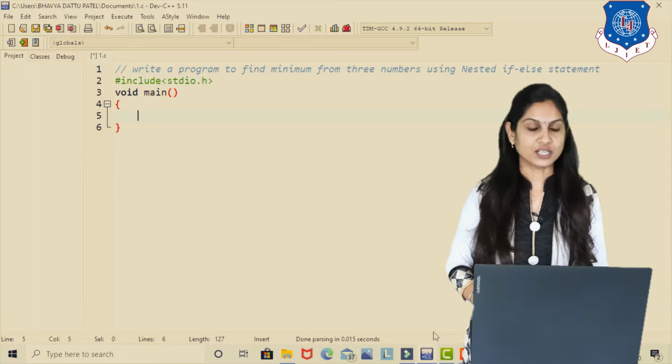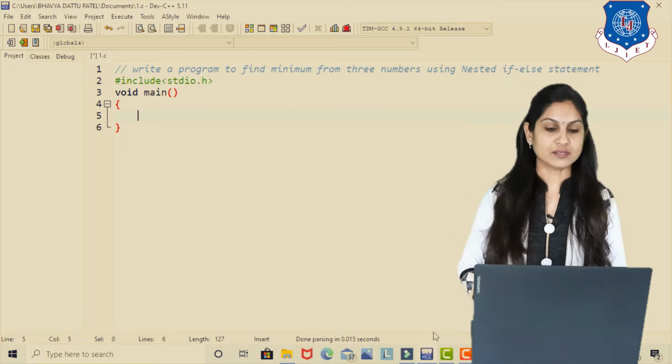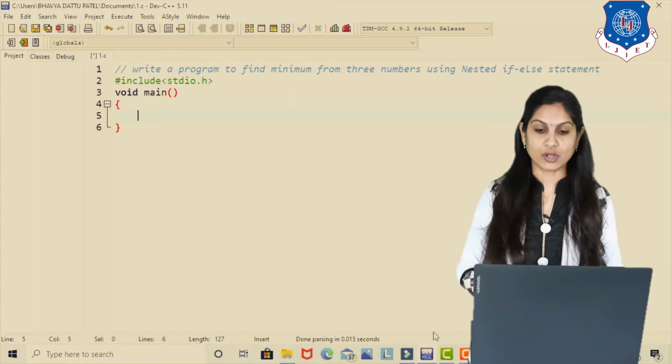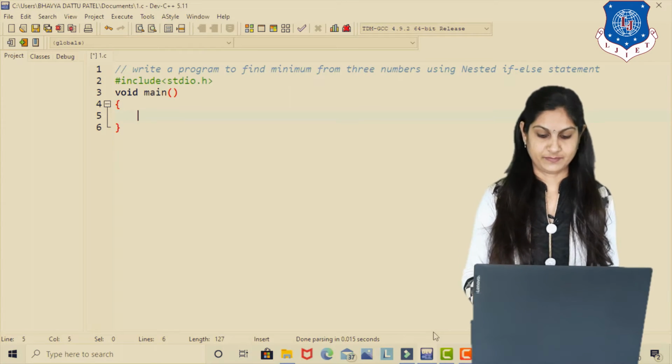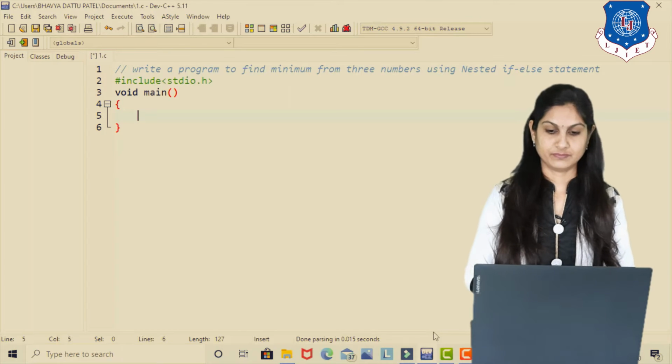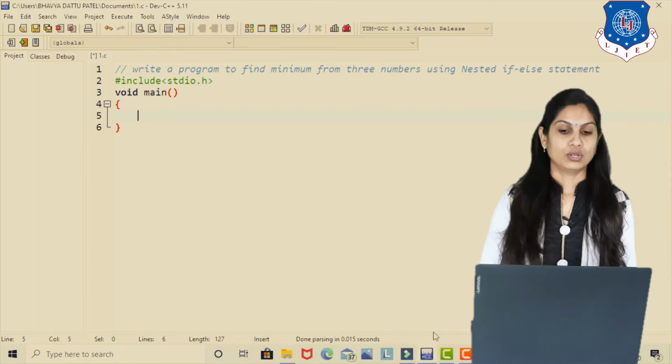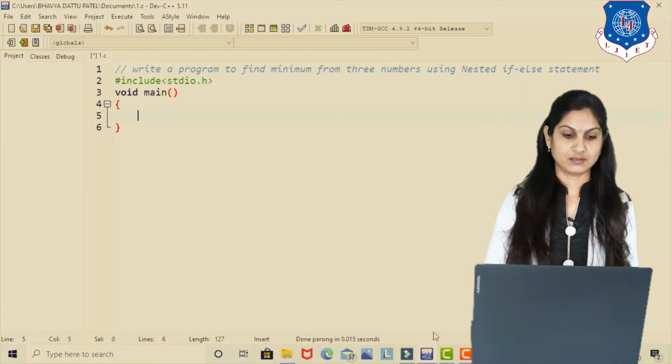So what is the title of our program? Write a program to find the minimum from three numbers. Clear? For three numbers, how many inputs are we requiring? 3.